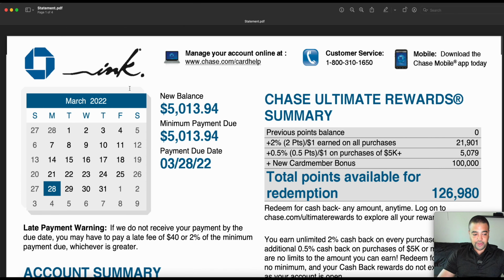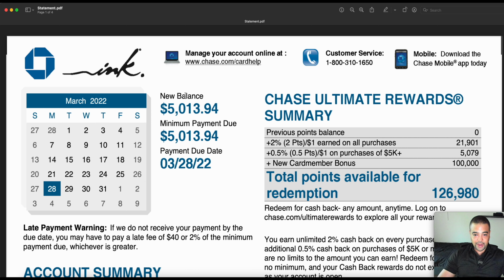So we'll start up at the top. You have the Chase and the Ink, just to let you know it's the Chase Ink line, and all your contact info up top, if you need to call them, download the app, go to your account, what have you. Now we'll start from left to right. So over here we have the new balance. So when I ended the billing period,